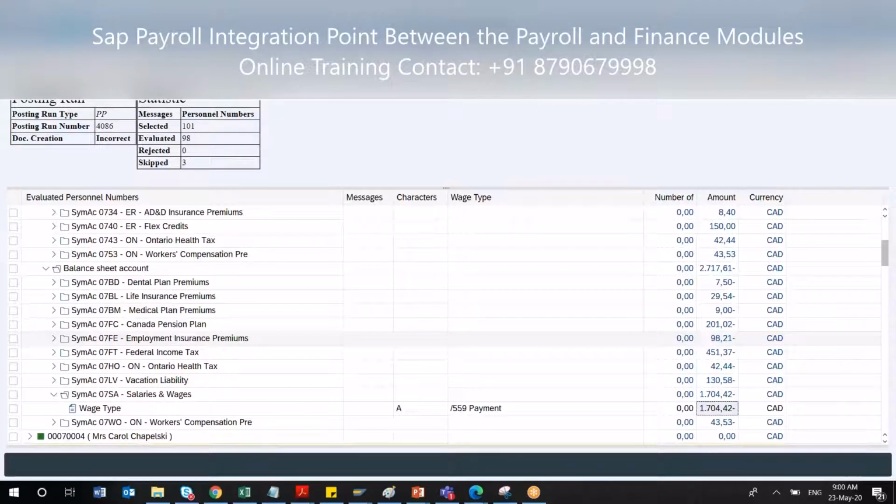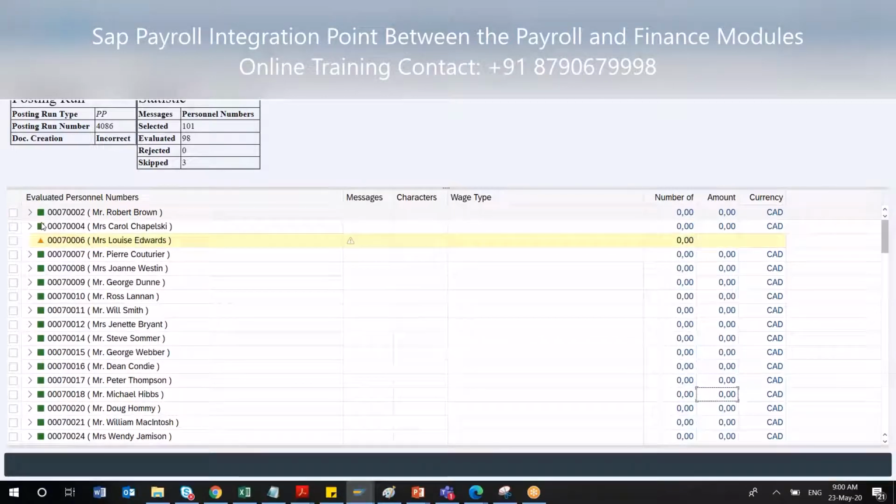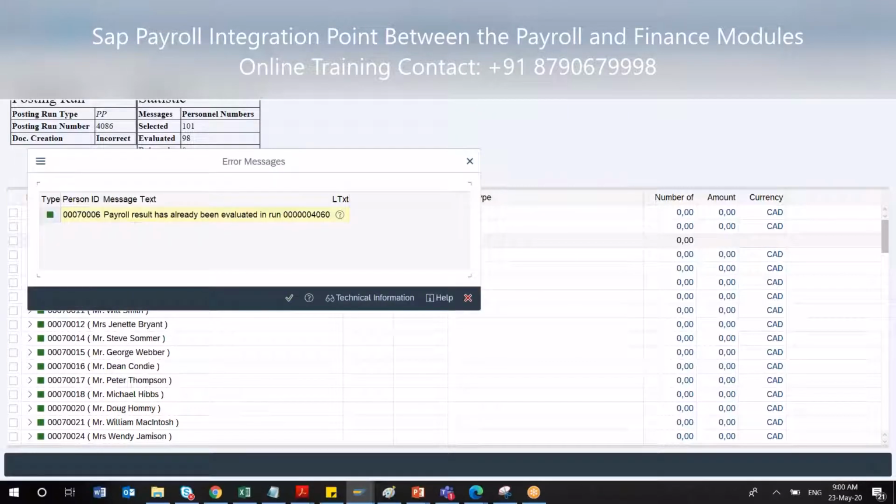In this way you can understand the topic. If you'd like to analyze, you can always create that log option in the main payroll posting, go inside the system, and diagnose each and every employee. If it is a warning message, you can still see why it is coming as a warning.